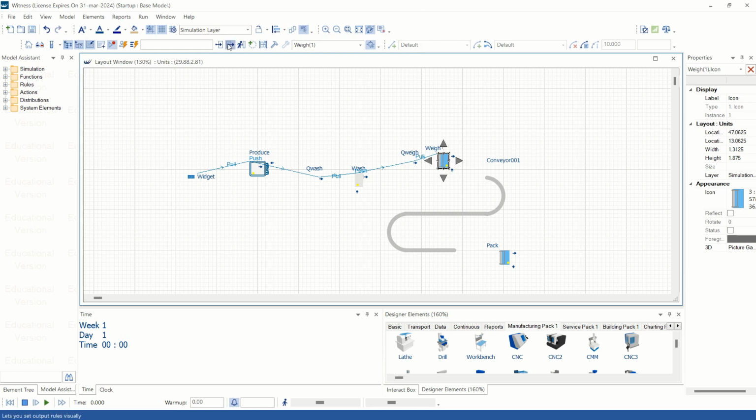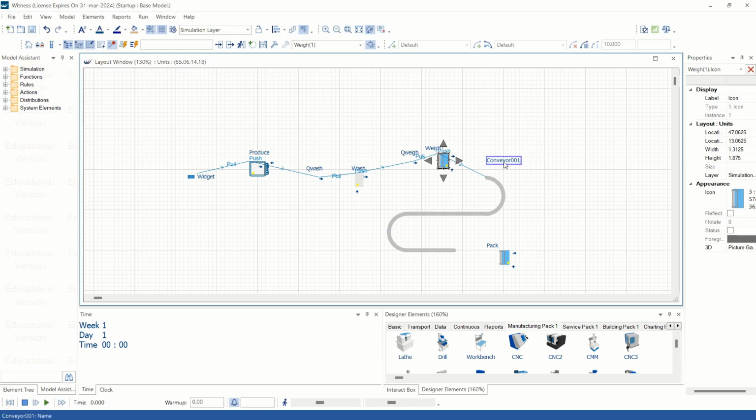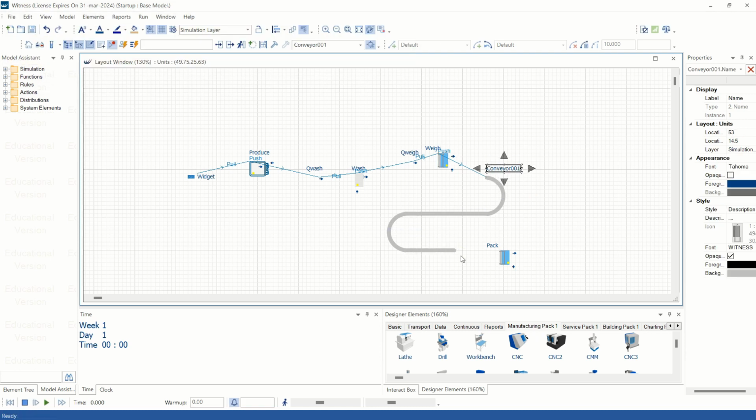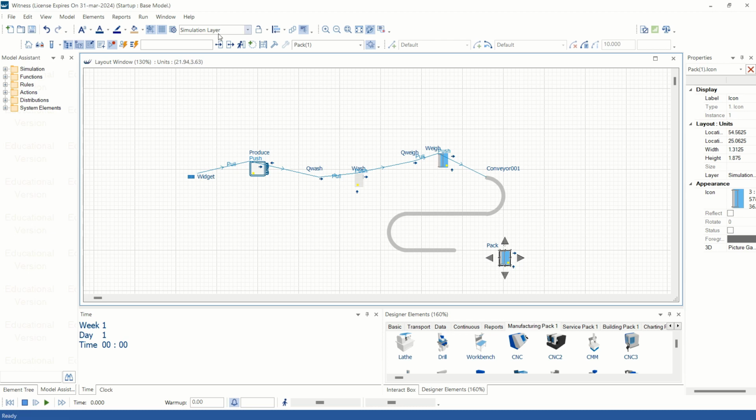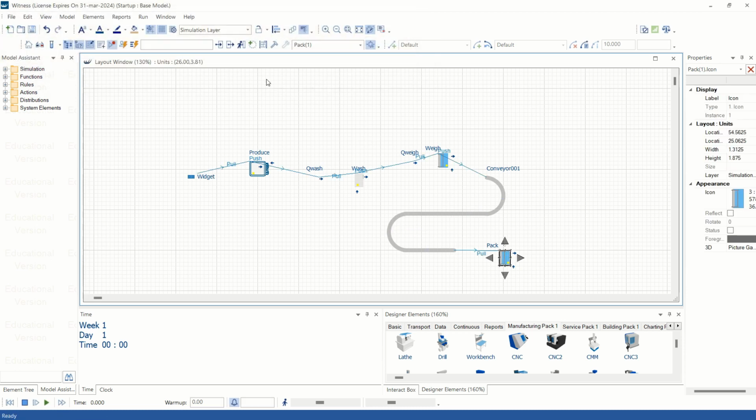Again, click on this QA and push the part into conveyor. Then click on this pack machine, click on this, then activate the conveyor, and at last ship off